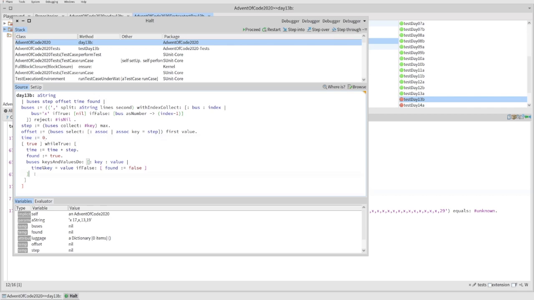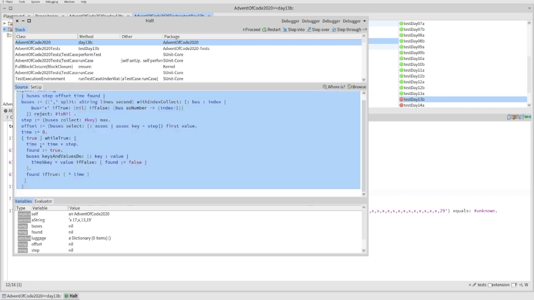So if found is true after this, if true, so the basic structure is right. Then I'm going to return time. Okay, so that's the basic structure, and it's basically right. I'm not sure whether this will work. It may run out of time, but I want to loop through while true, add the step amount to the time, and then see if the